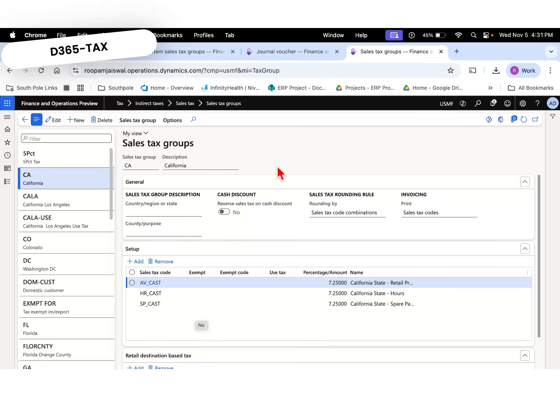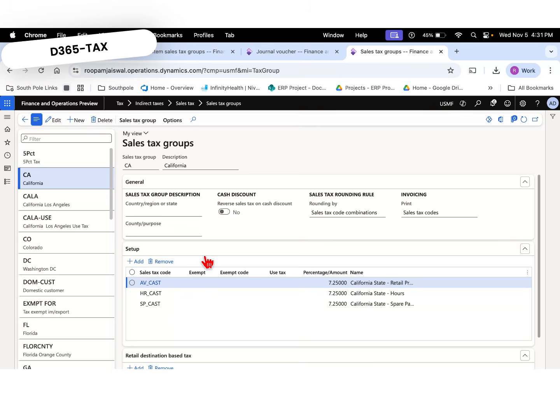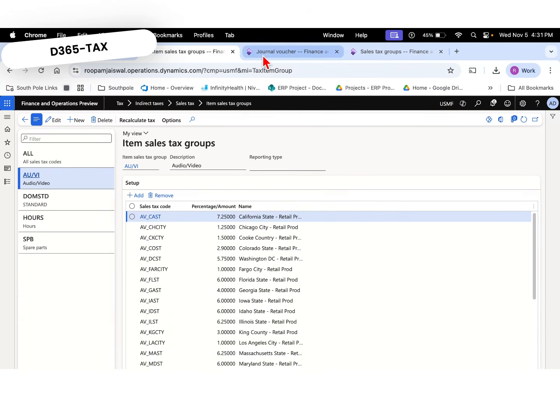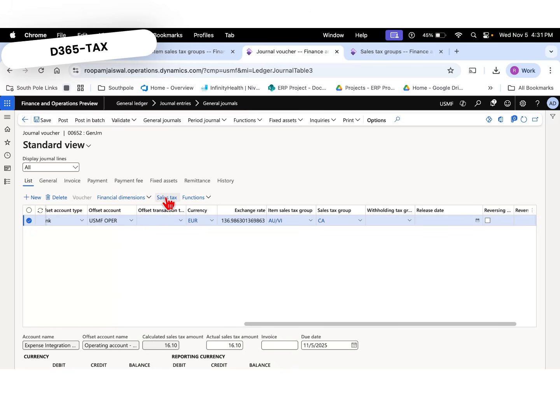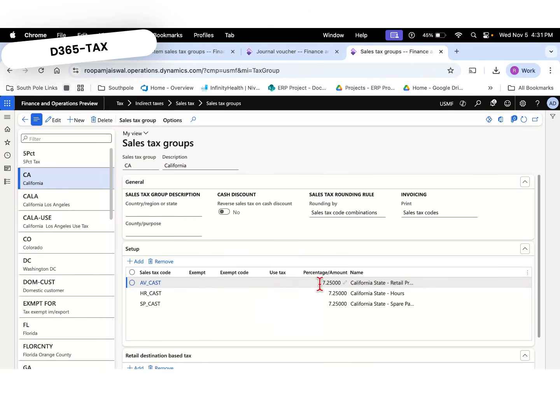So because of that, whenever we create the general voucher, whatever is the common sales tax code, the system will give me the rate depending on that. So come to the sales tax and verify it. What you can see is 7.25% and the sales tax code is AB-CAST. So you can see here, this is the common tax code which is appearing here. So due to that,